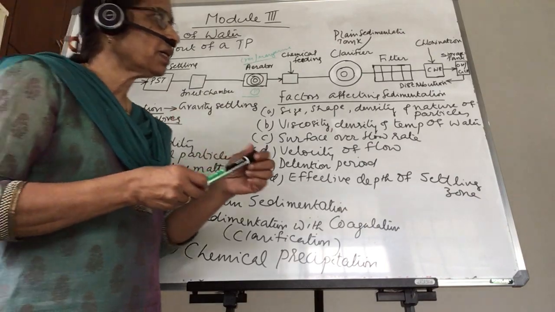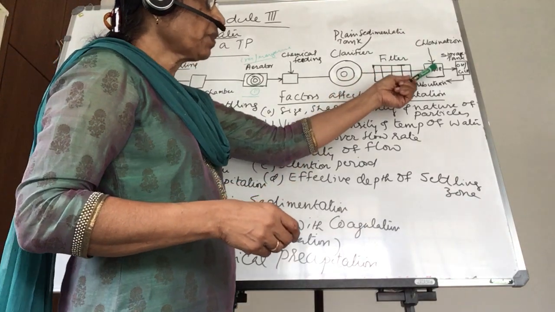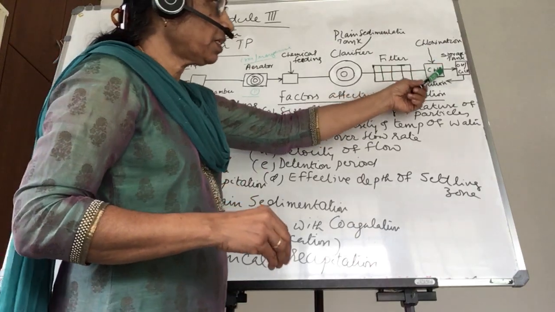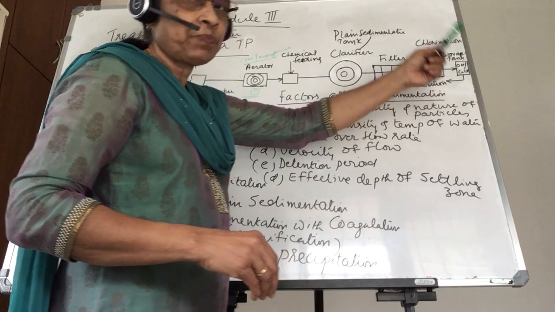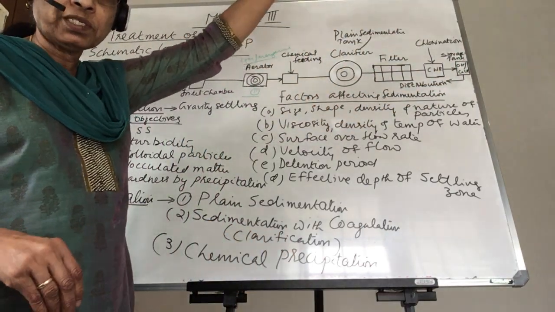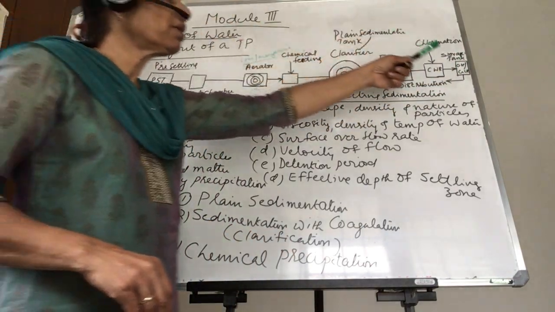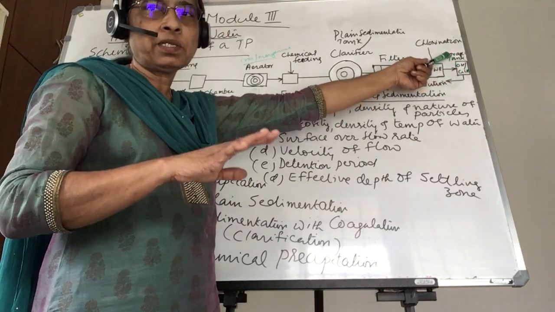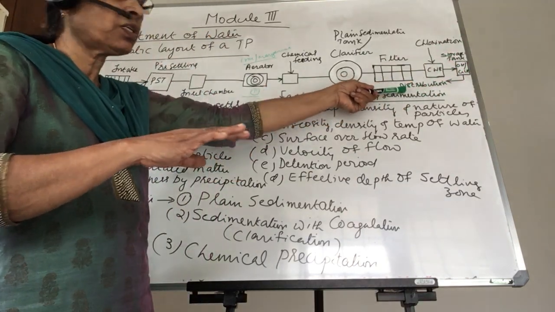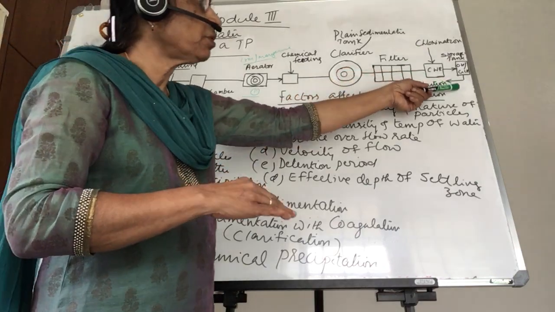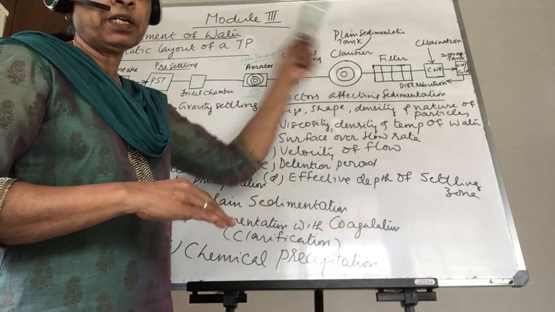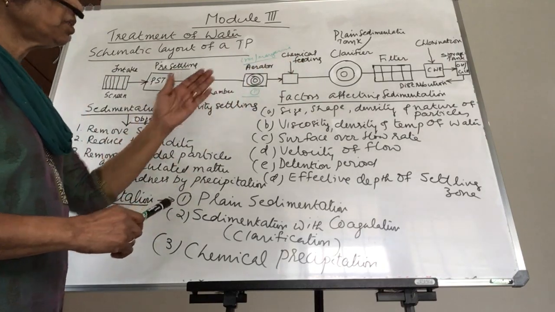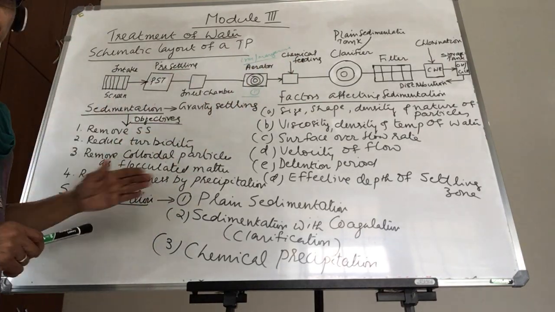We are adding it there to disinfect the water, and then after the disinfection process, we are taking the water to the storage tank. It may be a high level tank, an overhead reservoir, or a ground level reservoir. This tank is our storage tank from where we are distributing the water to the public through the distribution network. So these are the conventional treatment units in a treatment plant.